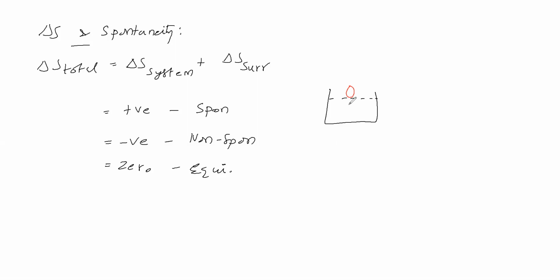That means the randomness of ink particles rises for this spontaneous process. Therefore, a spontaneous process means randomness increases. Whatever spontaneous process you see, randomness will go on rising. In the entire universe, how the randomness will be there means